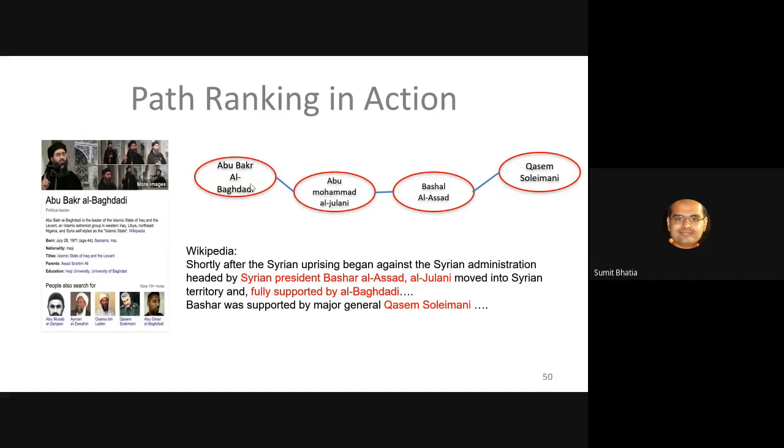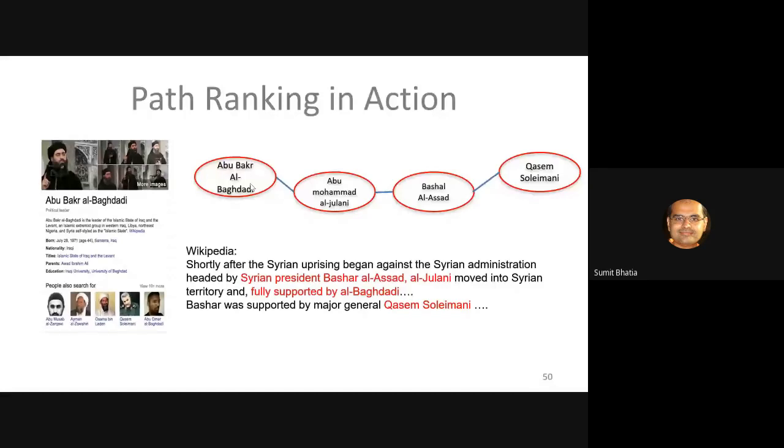So let's see, once we implemented that method, what were we able to achieve. Remember, I initially showed this example, right? If you search for al-Baghdadi on Google, you'll find a list of other persons that people have searched for. And then you may have this question, oh, who is this guy, Qasim Soleimani? Very different. He doesn't look like the other terrorists. So how is it that Google is suggesting this? So we used that and we prepared a set of important paths. And this is the top ranked path that was found, which explains how al-Baghdadi is connected to Qasim Soleimani.